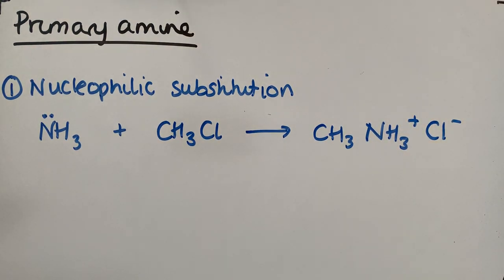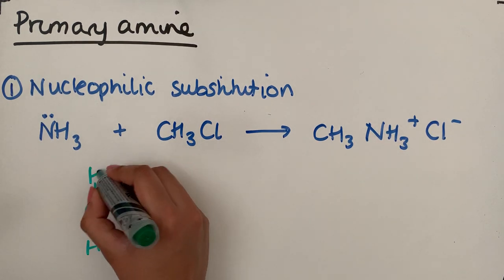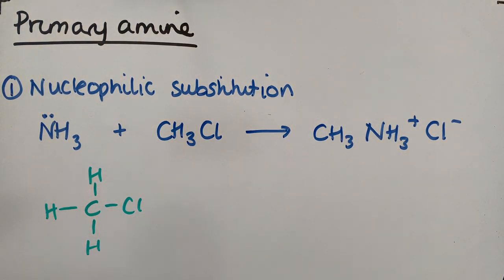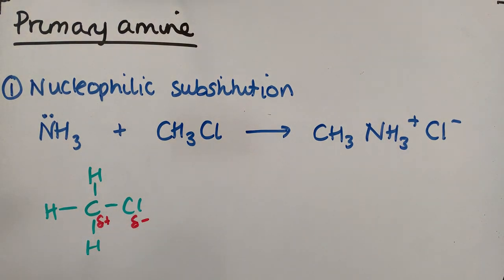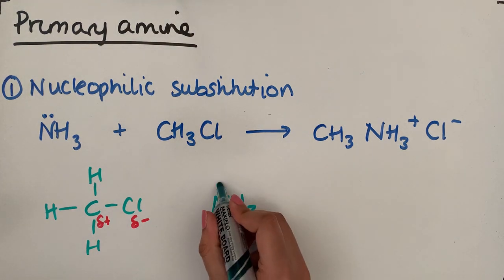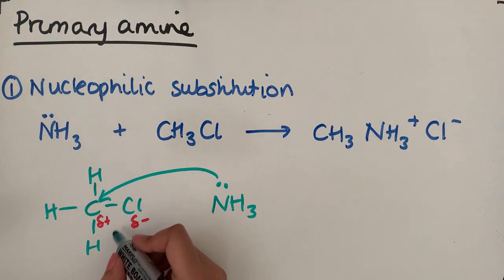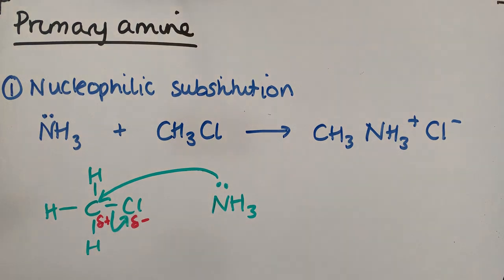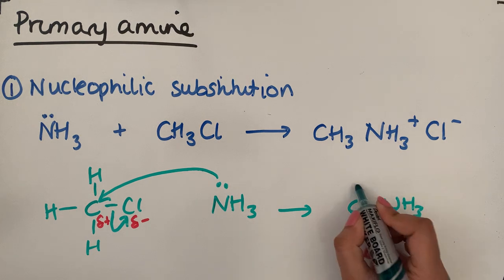Okay, if I draw out the mechanism just to remind you what I mean by nucleophilic substitution, if we have our haloalkane drawn out like that, we have a dipole going across that bond there. We've got our nucleophile, which is our ammonia with a lone pair of electrons. That's going to form a bond with that carbon there. The carbon-chlorine bond needs to break. That's going to then give rise to this molecule here